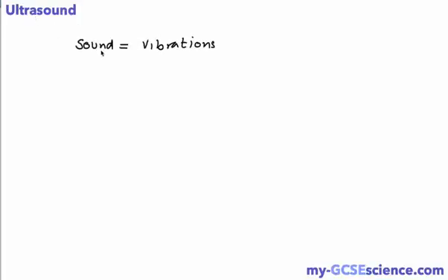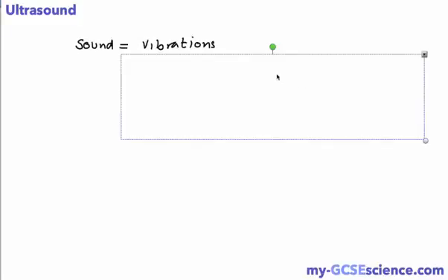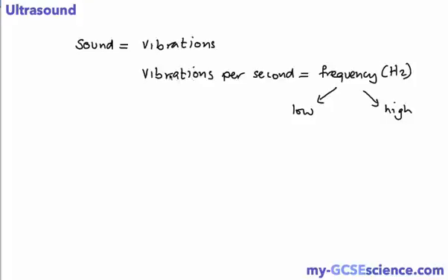Now, just as a little background, we need to understand what we mean by ultrasound, and to help us along we just need to think about firstly what sound is. Sound is actually any material or object that vibrates, and if it vibrates enough it can create a sound, and we measure that sound by looking at its frequency, and frequency just means vibrations per second. So the number of vibrations per second is the frequency. It's measured in hertz, and hertz just means